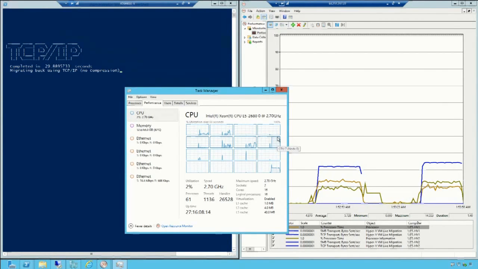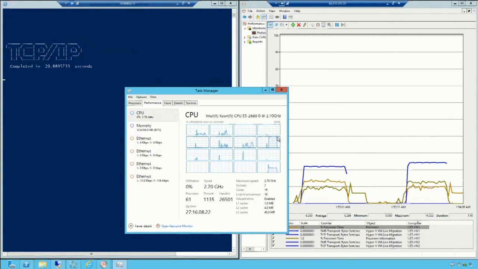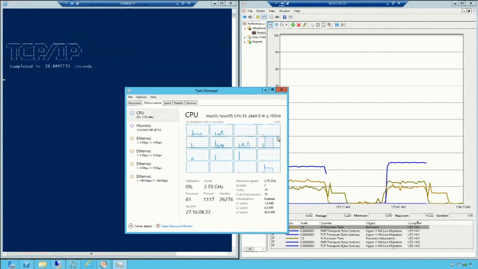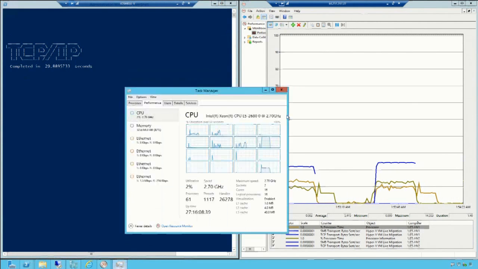That single TCP connection makes one of my cores very, very busy. And then I can't go any faster because I have to chunk the data, send to the other side, reassemble, and that's done through one of the cores. One of the things that multi-channel addresses is that we in SMB are now able to spread that across multiple cores because we use multiple connections. Okay, but this is the traditional migration,